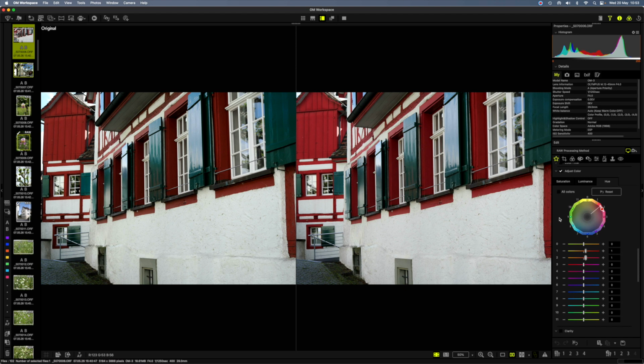One of the secrets of Workspace is that we're not recovering highlights and shadows or any of that nonsense. We're doing small tonal and color adjustments to get a final effect, or we want to isolate something, or we want to desaturate the background a little. So we're really playing with a scene, making targeted adjustments without jeopardizing the natural light flow in the image.